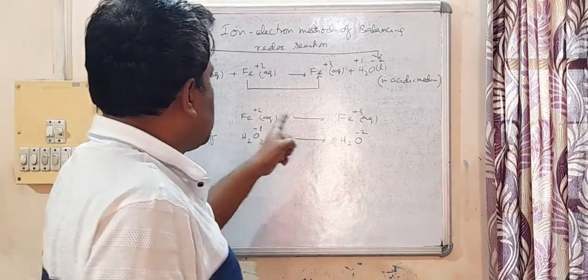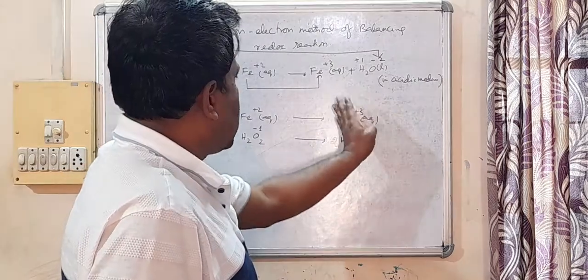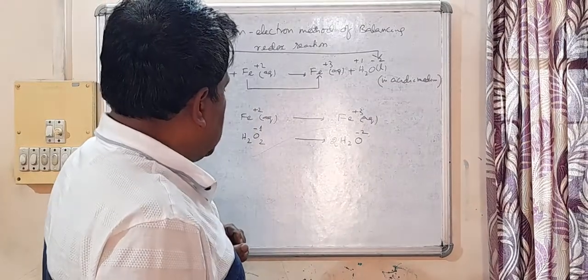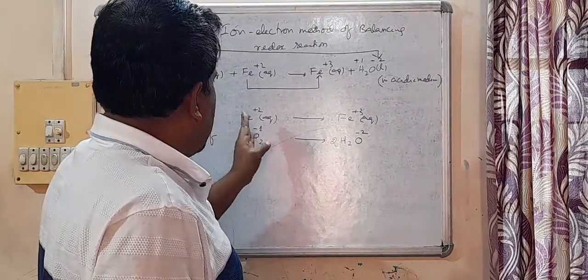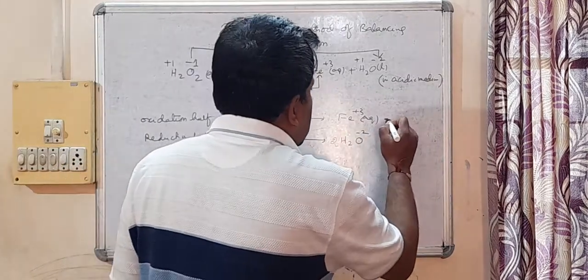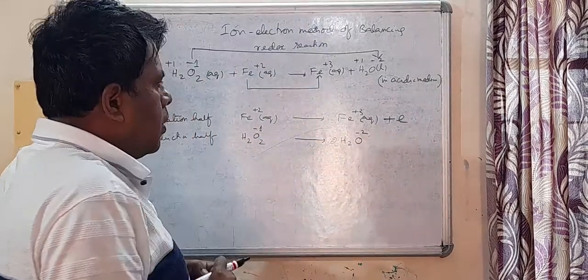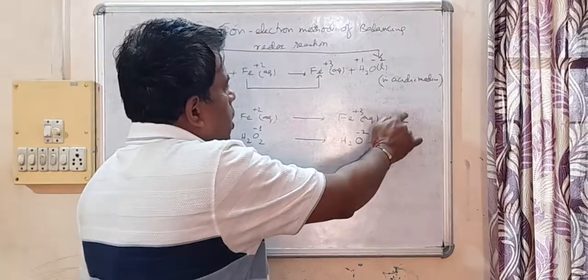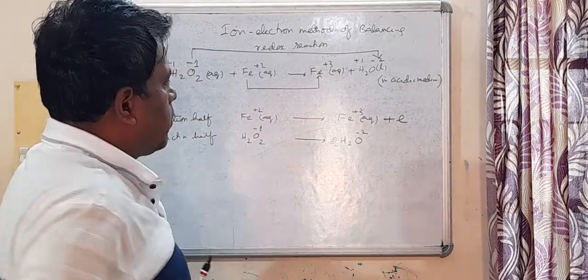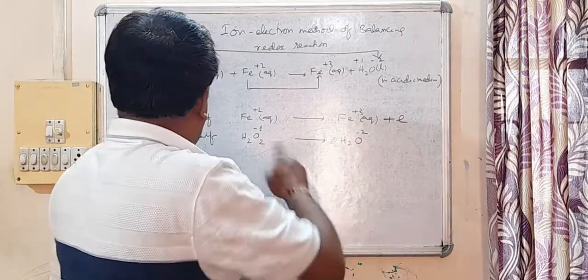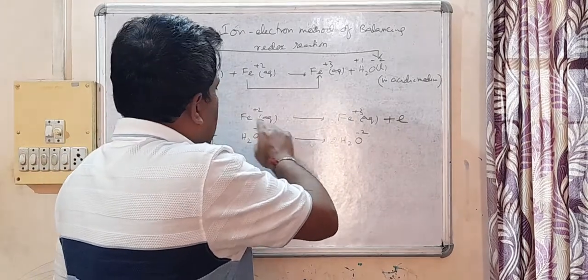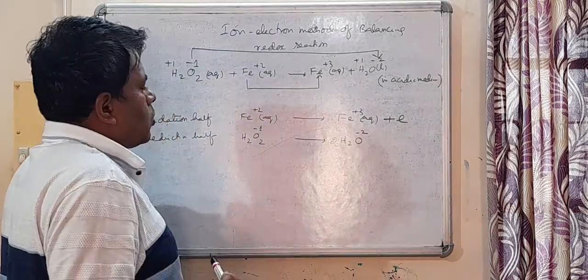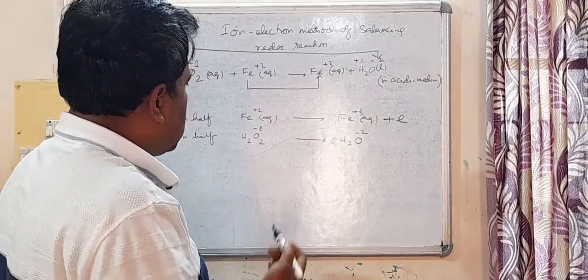Now Fe²⁺ to Fe³⁺. Here this side charge is +3, this side charge is +2. So to make the charge the same, what we do, we write here +e⁻, because now +3 minus 1 will be +2. Now in the oxidation half, one thing, we always write the electron on the right side. So in the first equation, the charge is balanced. Now the second equation,